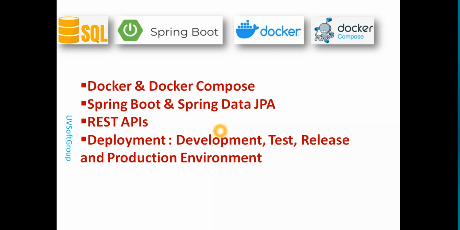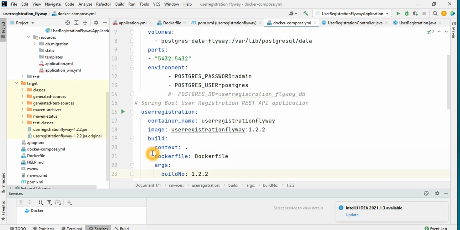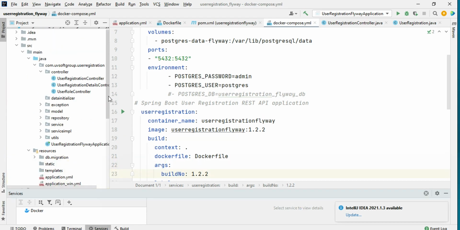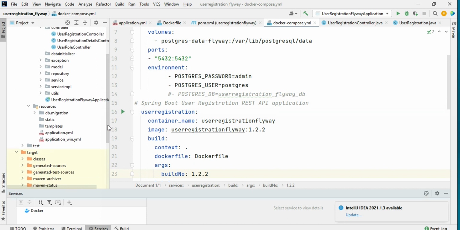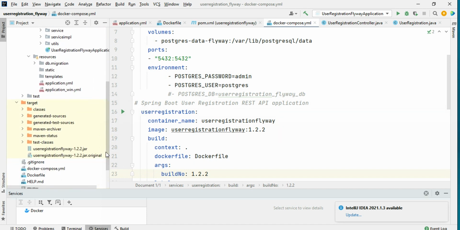how can you build a standalone jar file, and how can you configure your standard jar file to install on different environments or different machines. And that's the reason, and that's the continuation. So if you look at the project structure, as I discussed with you, this part we already did. We already have all the configurations, and we have how you build your jar files,